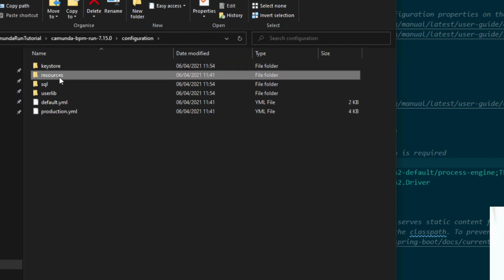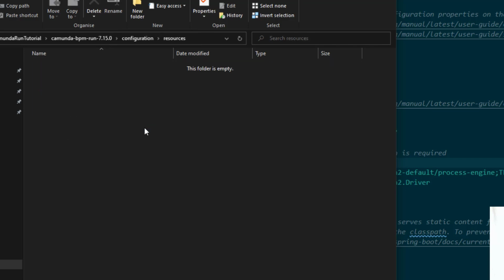In resources, this is where you would or could put BPMN models, maybe some scripts, maybe Camunda forms, maybe DMN. We won't be using it this way, but if you wanted to deploy things by putting them in this folder, then when you start up Run, it'll look in this folder and deploy anything in there. We're going to be deploying via the REST API, but if you wanted to, you could also deploy by placing files in this resources folder.